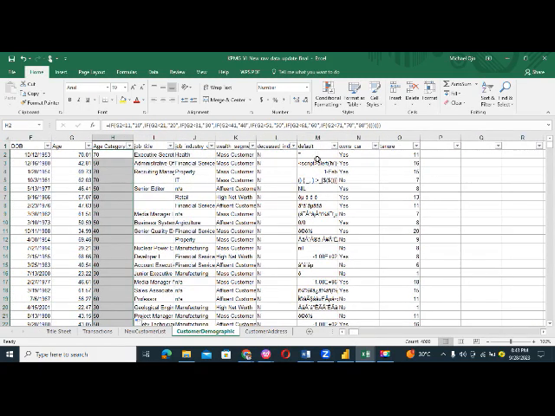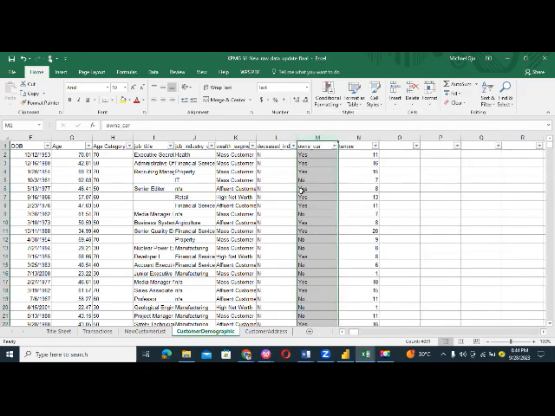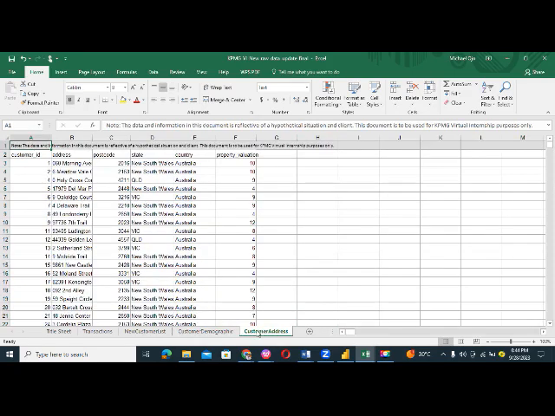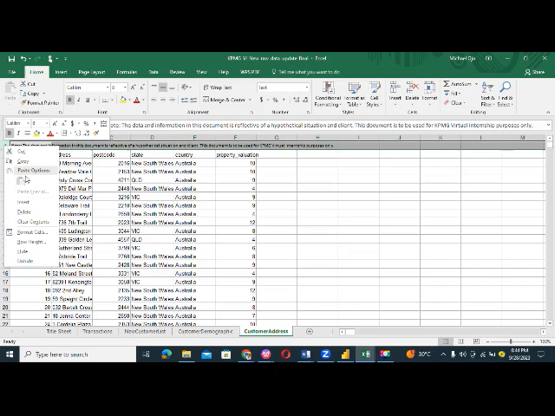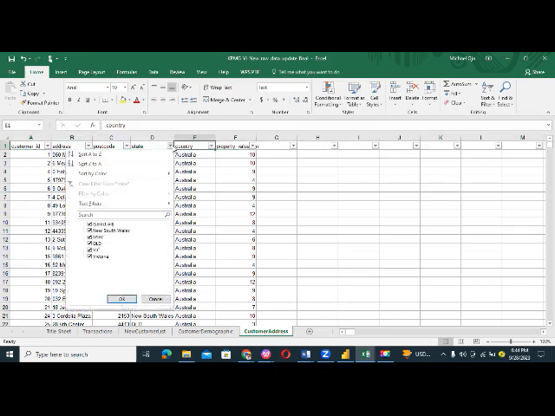Let's look at this one. This does not look like a column that makes sense. You can see we can't make any sense of it. So let's delete the entire thing, leave this, and go to the customer address. Let's delete this one again, it does not make sense. Let's delete it, and let us look at the filter, and everything makes sense except the state has